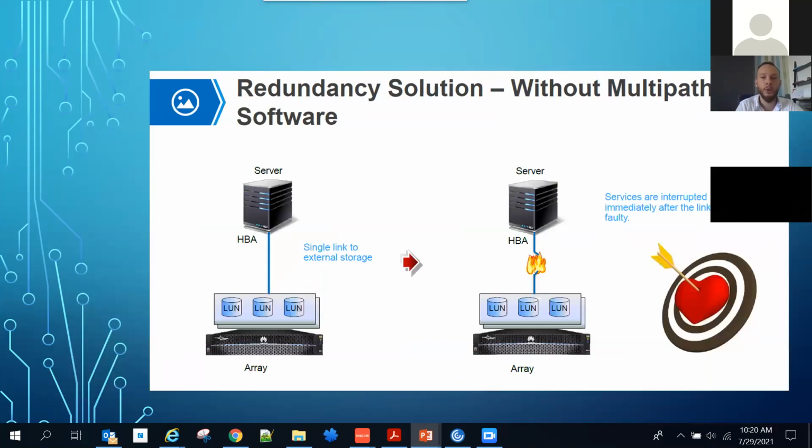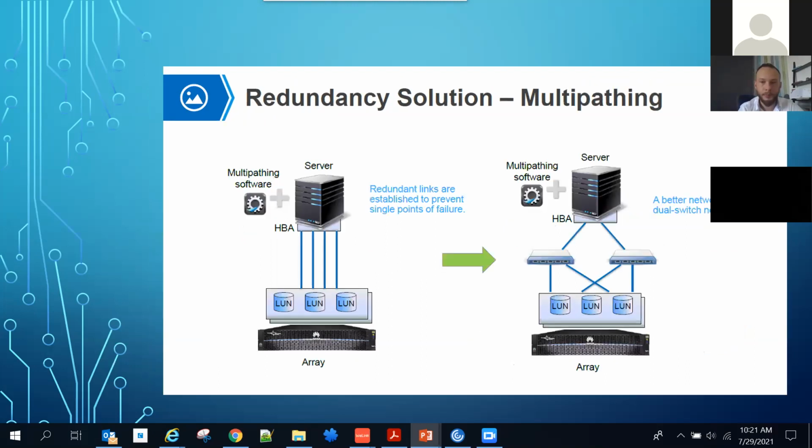We have here the redundant solution without using Multipath software. On the left side, the connection between array and the server, you can see that it's using HBA. It's already implemented this. Before implementing this, as I showed on the website, it already checked the compatibility. So I think it's already implemented with success. In case of a single link failure, we can see that the services are impacted. So the reconstruction and restarting the services will take so much time if you have this implemented without Multipath